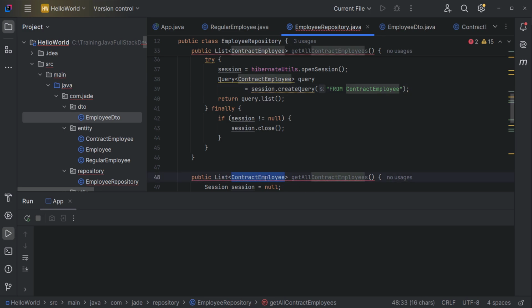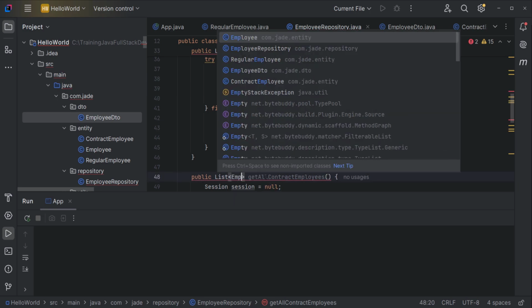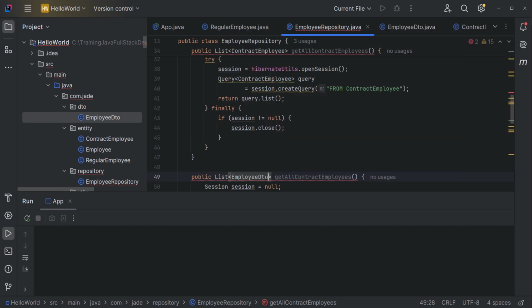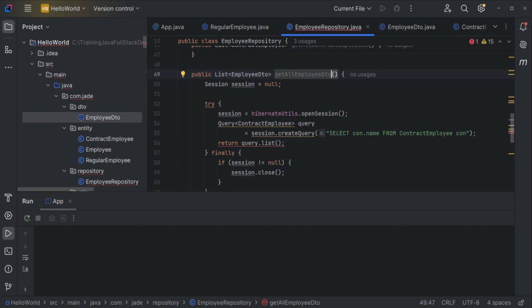I change it to employee detail and change the name of the function to employee detail, and in here I will change the type. Alright, so in here when we use a query,